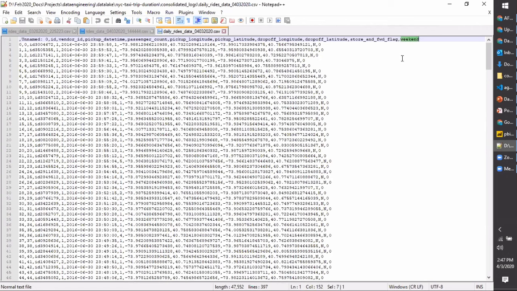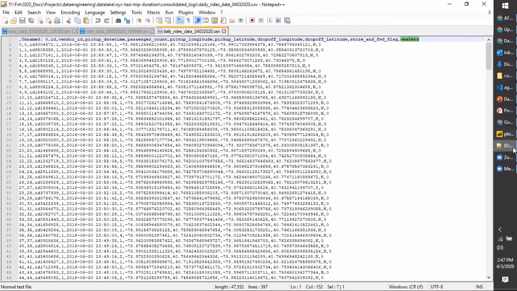Why do you need this new column? Because you want to classify whether this taxi trip is from a weekday or weekend, so that you can analyze what is the peak time when it comes to weekend, and what is the peak time when it comes to non weekend type. So this is nothing but some kind of logic you write